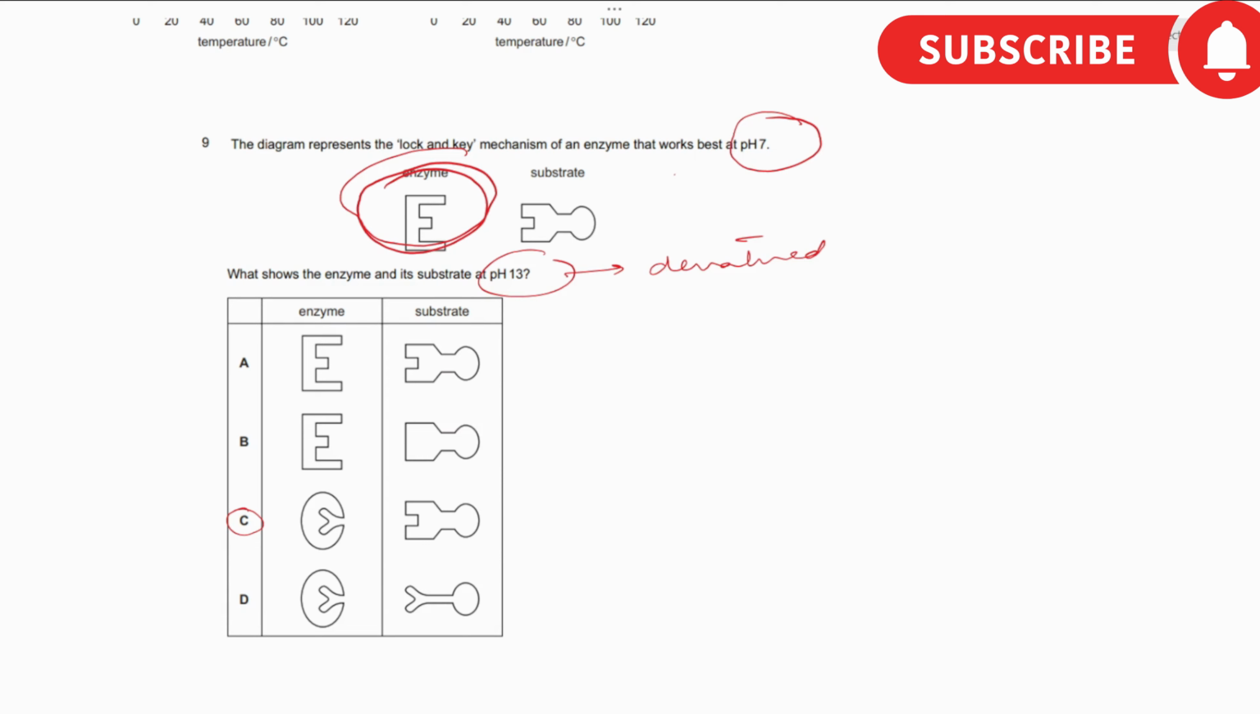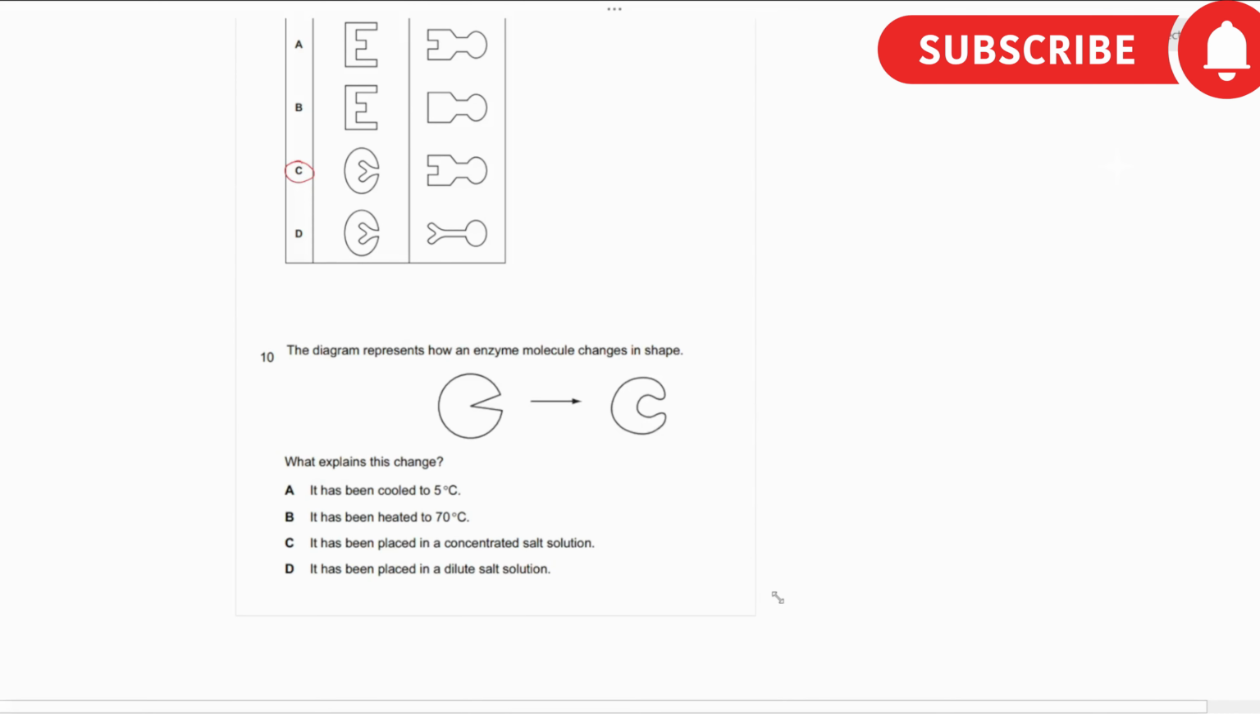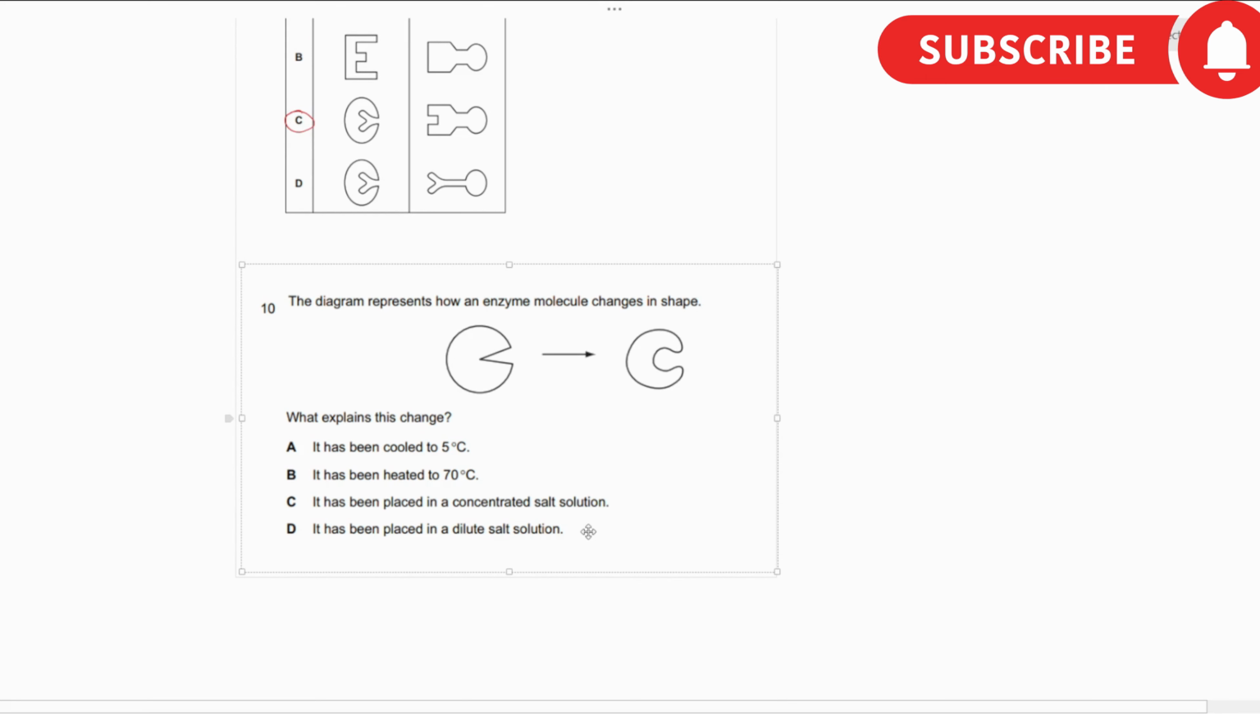Now the last one, the 10th one. The diagram represents how an enzyme molecule changes its shape. Again, it's related to shape. And then what explains the change? Why is it changing its shape? Good. 2, 70 correct. Okay. So this is all for today. You have to go through